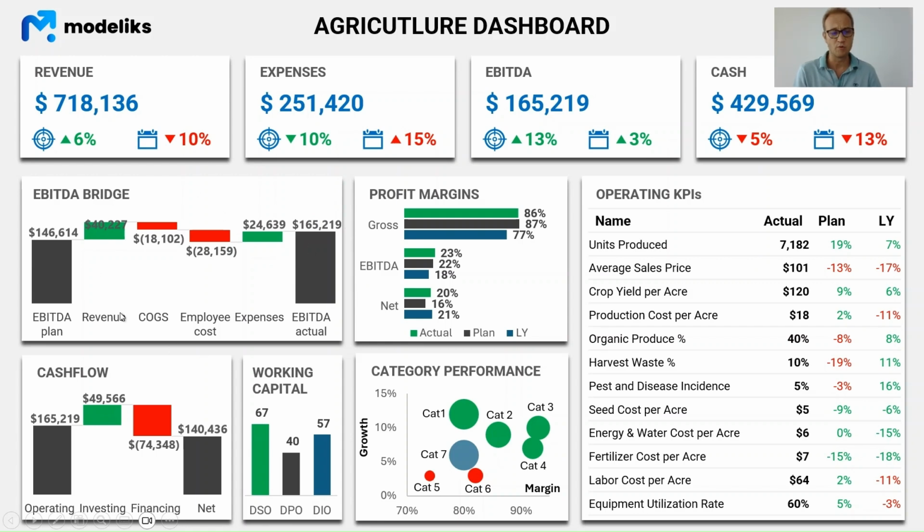And in this case, what we can see is that we had a planned EBITDA of 146,000, but our actual EBITDA is 165,000. Great, we are 13% higher than our plan. We should be happy with that. Now, what are the reasons for our EBITDA being higher than the plan? Well, we can quickly see from the EBITDA bridge chart that the main reason is that we have generated $40,000